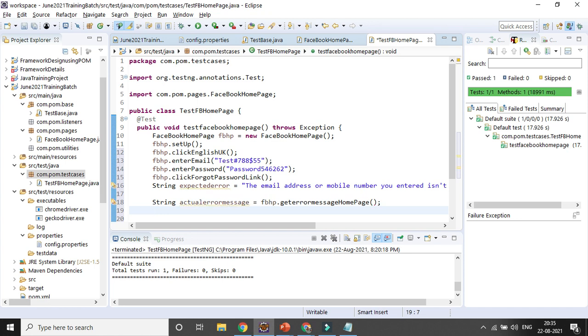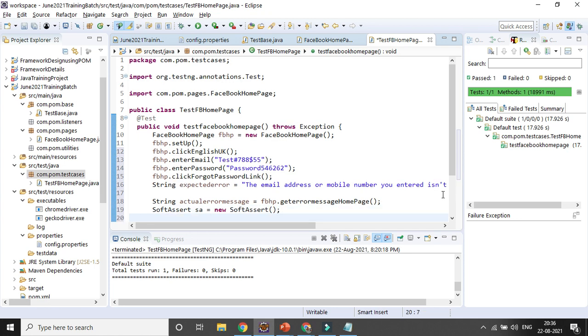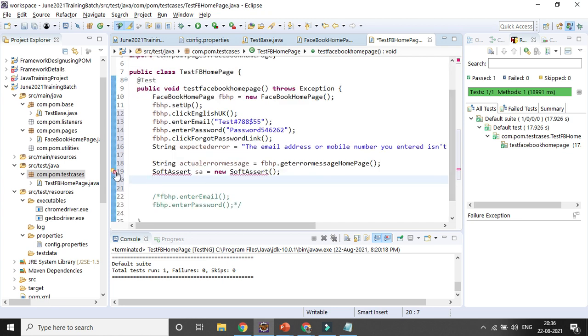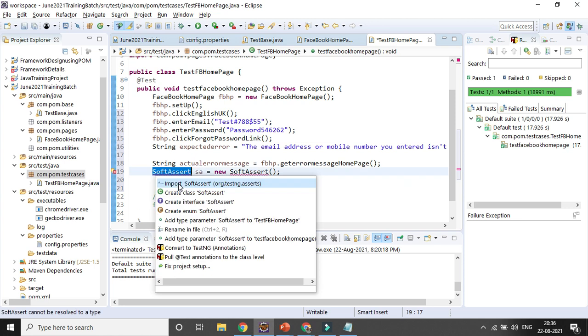Okay, now you can add some hard assertion or soft assertion, right? So I'll be creating a soft assert. So I am just utilizing everything whatever has been taught so far. New soft assert. So in case of soft assert, the test case will not be failed, right? The remaining lines of code execution will be successful. That is the reason it is better to use soft assert.